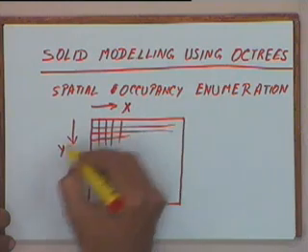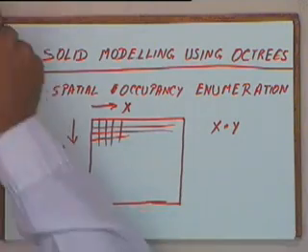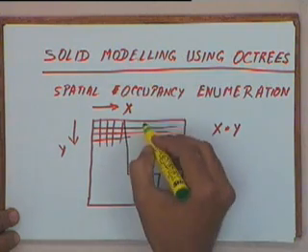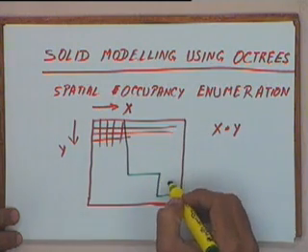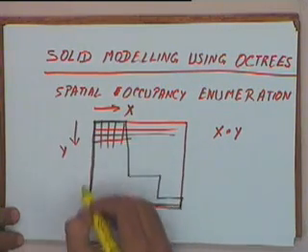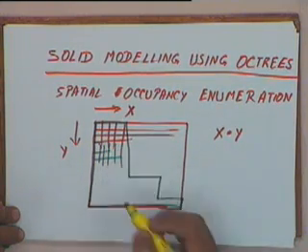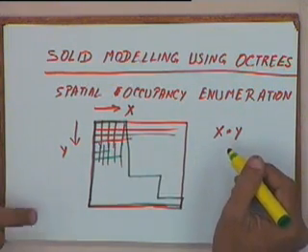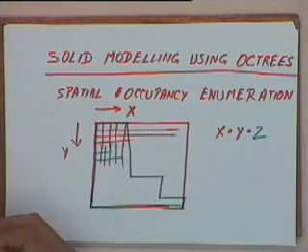If we use a mechanism like this, with a resolution of x in the x direction and y in the y direction, we need space equivalent to x times y. And even if our object has a large portion which is totally outside the region that we are trying to model, or a large portion which is totally inside, even that portion will get divided into cells. So this is quite inefficient, and especially if you extend it to 3 dimensions, then we will need an array of size x into y into z, and it can become very inefficient.